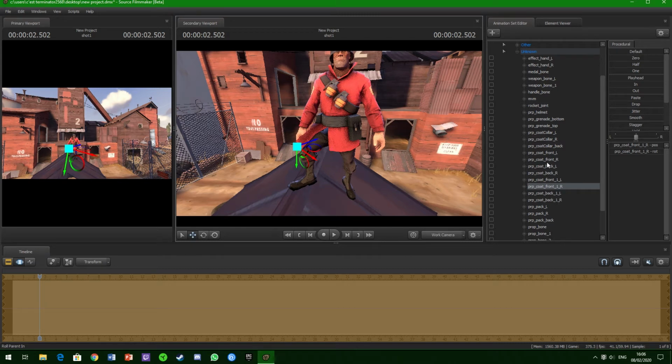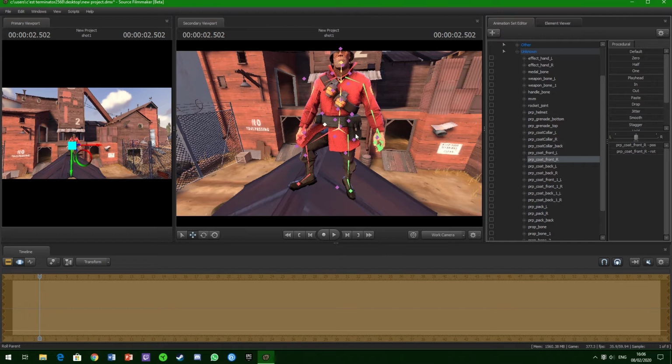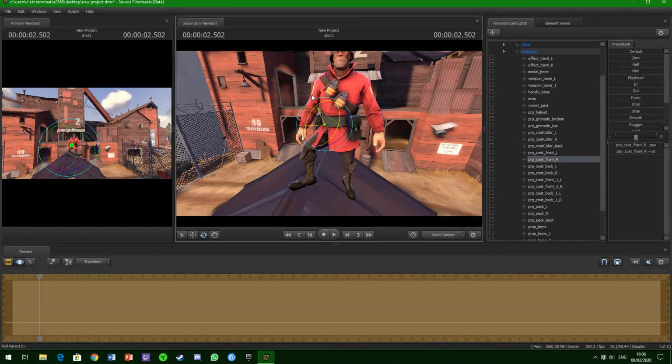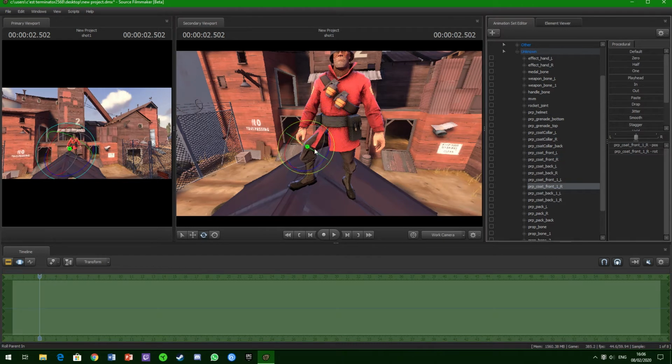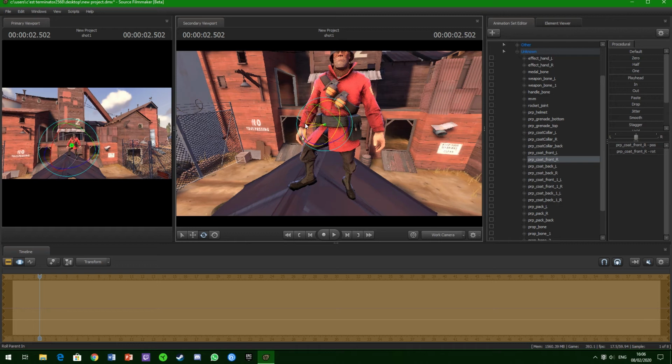Now, after we're done posing this guy, we'll be dressing him up. Yeah, you don't want just a plain old soldier looking at you very cool like. Dressing him up is very easy. You go